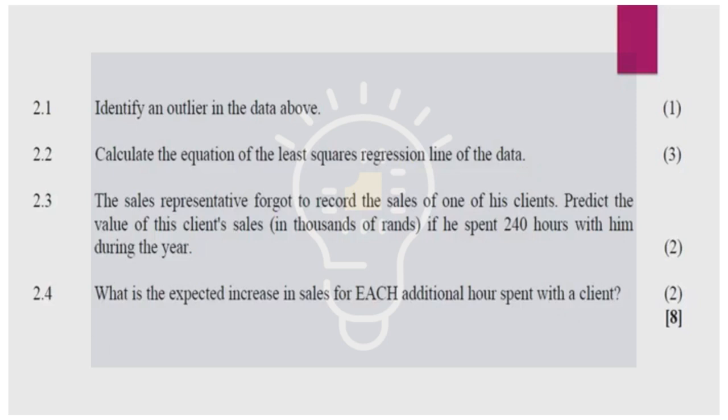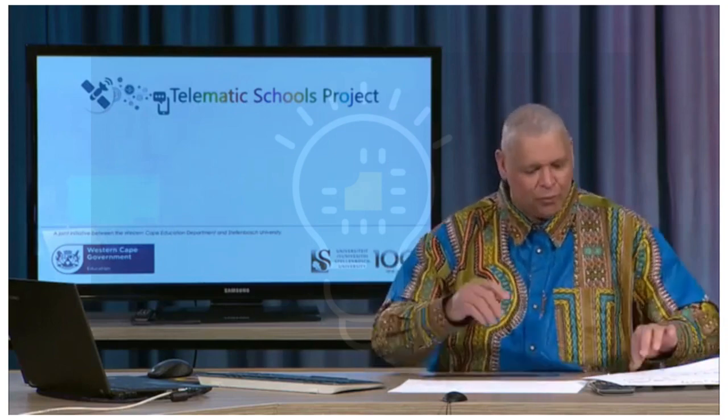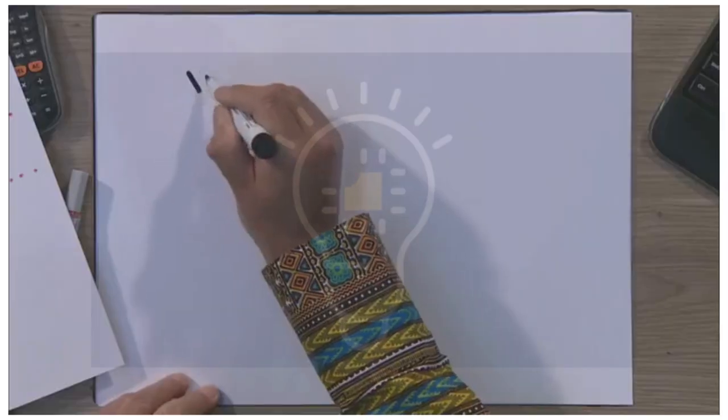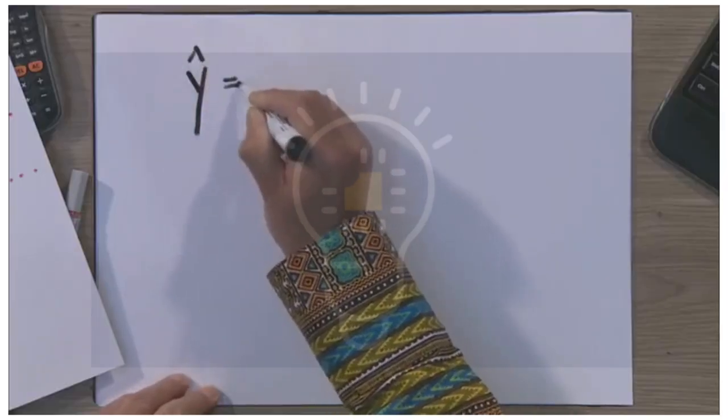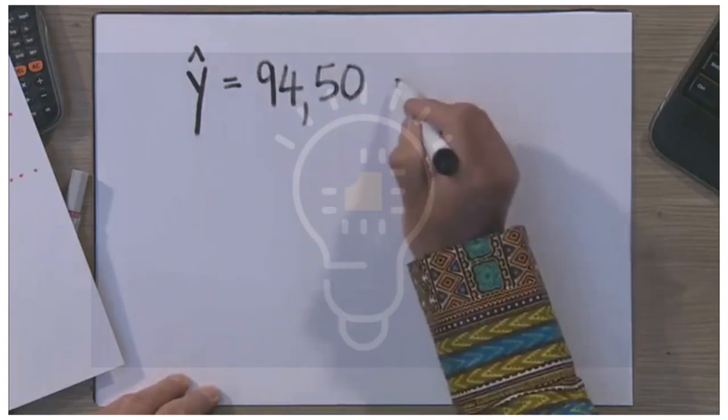Now that I've got that, the question reads, the sales representative forgot to record the sales of one of his clients. Predict the value of the client's sales in thousands of rands if he spent 240 hours with him during the year. Well, grade 12s, this is a very easy question. What we do now is we take our equation of least squares regression line. I'm going to write it once again. Y hat is equal to 94,50 plus